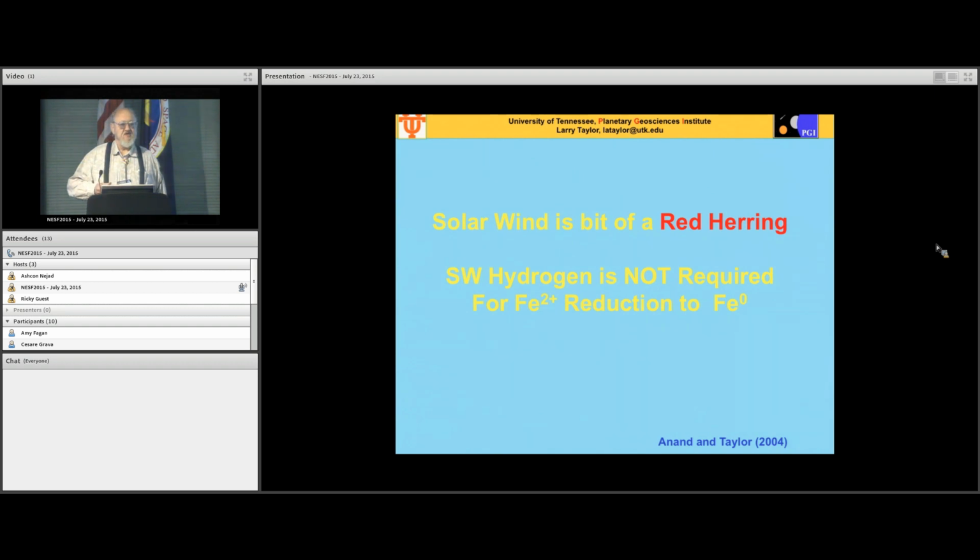Housley's contribution in 1973. Now, it took us almost 3 years to figure out that that magnetic stuff in the soil was nanophase iron. It was magnetite, it was terrestrial hematite. We got all confused. 3 years, can you imagine, way back then? We didn't have the instrumentation we have today. But Housley figured out in 1973 that this nanophase iron was formed by hydrogen reduction due to the solar wind implantation in the soil. But I think that's a red herring,